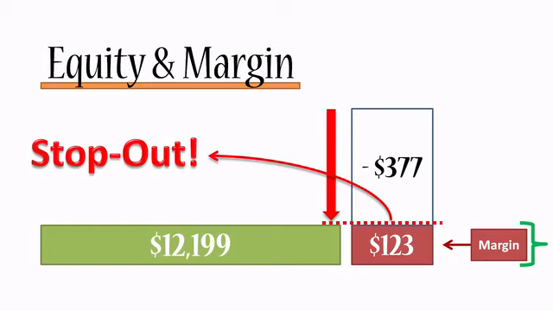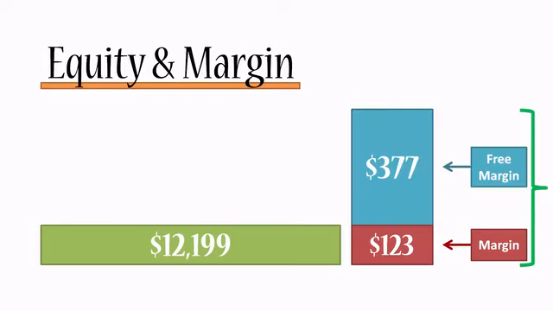So that's another thing you should look into and check with your broker, check in the terms and conditions or the product disclosure statement and find out: is there a margin call? When does it occur? What levels do the stop outs occur at? Okay, so that's what happens if the position goes against you. Now let's see what happens if the position goes in your favor.